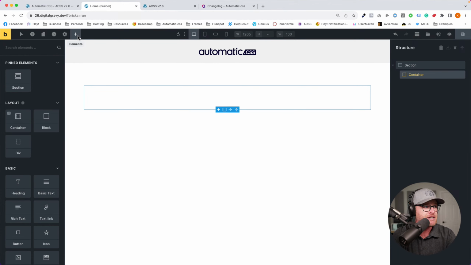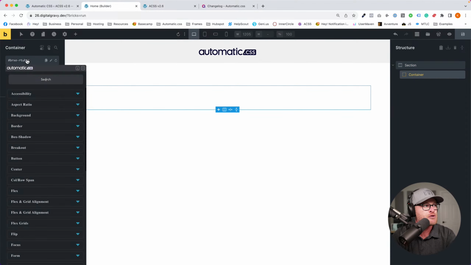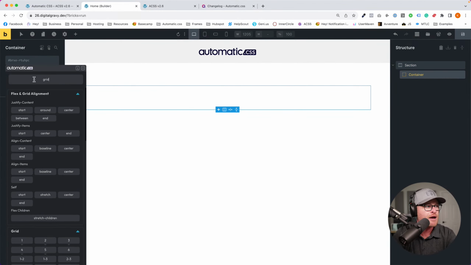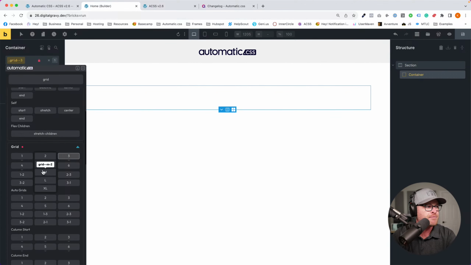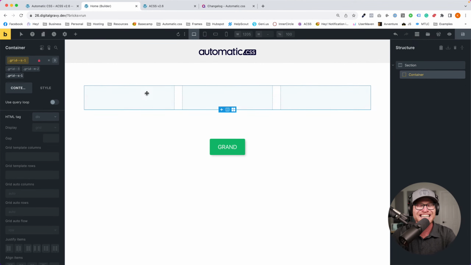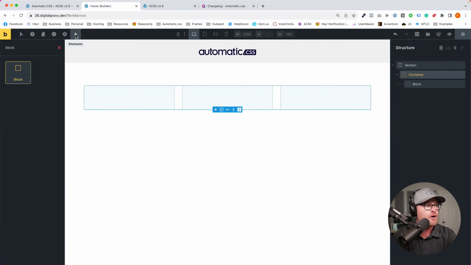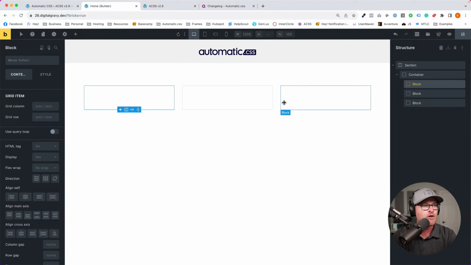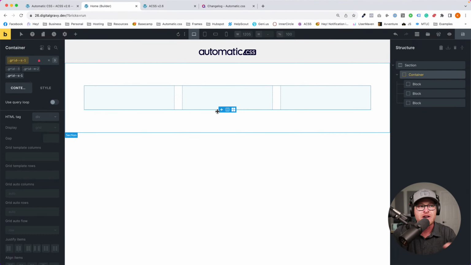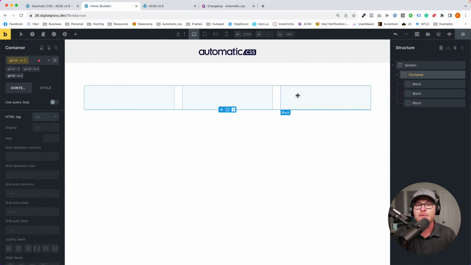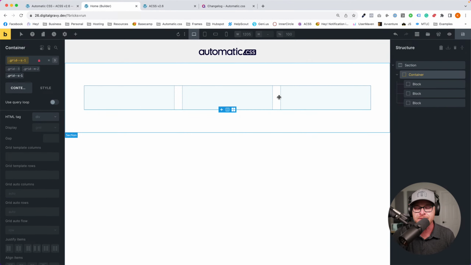If I did a grid here, let's go back. I'll show you again with the right-click context menu. Say, hey, I want a grid, and we go bam, S. Just made my responsive grid. Three clicks inside of the contextual menu, and I've got my responsive grid. Now I'm going to add my block here, and you'll notice they are socially distancing. According to what? According to your grid gap, because this is a grid. So it automatically knows where the content is, and it applies the appropriate gap spacing to it.